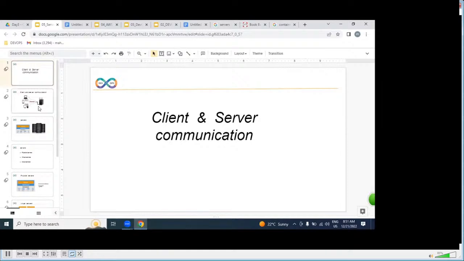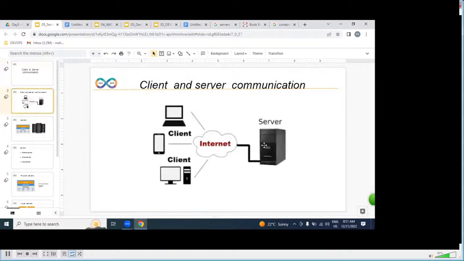So server client communication, we understood. One server can handle n number of clients. Client means what? Laptop, am I right? Browser, sorry. N number of browsers can be handled by a single server. So from anywhere in the world, we can access the same server. Based on the request, a server will prepare the response and send it back.